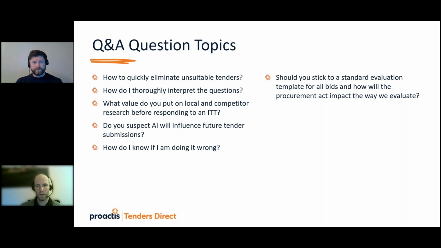What people typically think of when they're thinking about AI is drafting, content generation. So people are getting AI to write their responses. That's a big piece, and it's fraught with some difficulty, and that's what authorities seem to be interested in having a visibility of, having an understanding of, making you declare if you've done it or not.